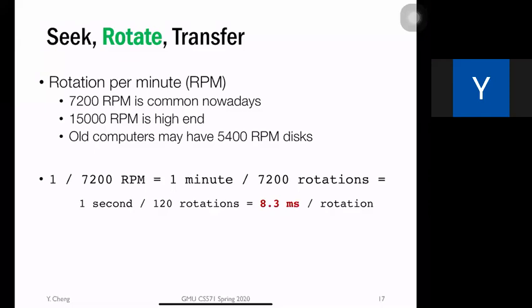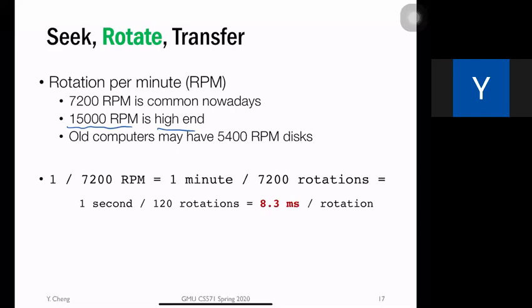And some of the high-end hard disk drives could have 15,000 RPM. Okay, so these are typically more expensive high-end hard disk drives, which are faster,